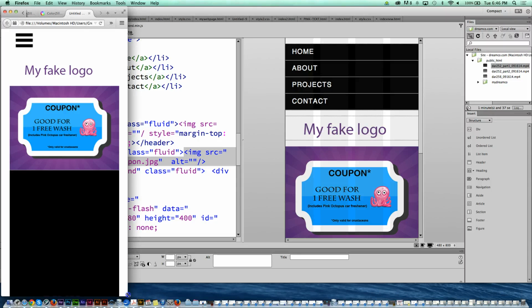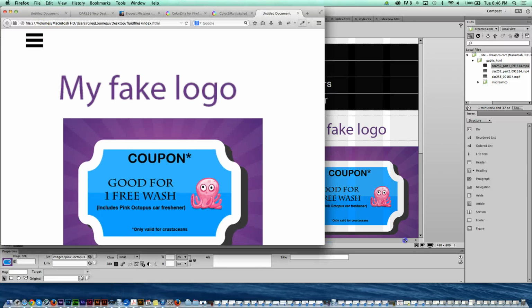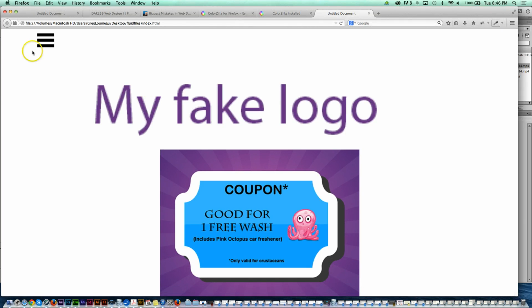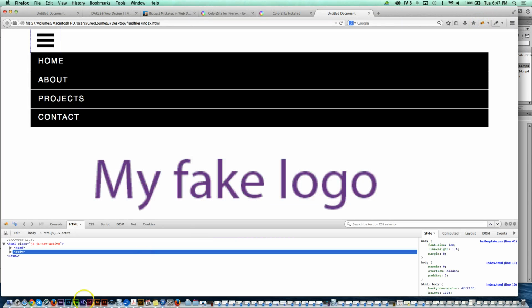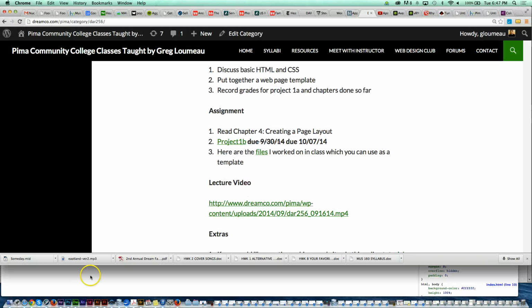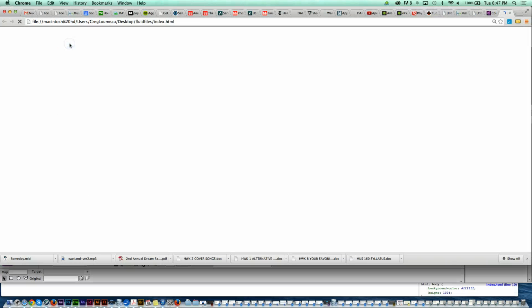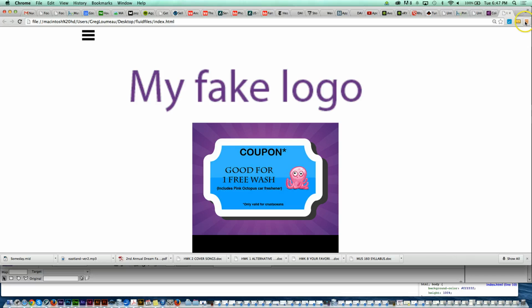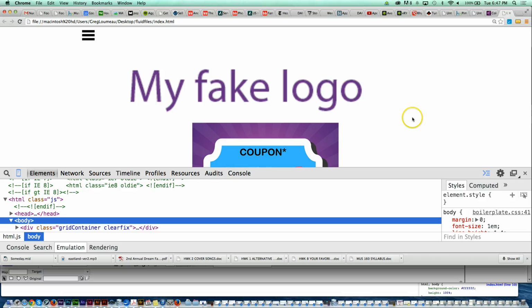Now, let's say that what we want to do is change the color of these menu items, right? So we click on that, the menu pops down, and we see that these are all black. I know they're purple on yours, but I changed them to black, right? What I can do is click on Firebug, which opens up. Actually, I'm sorry, I'm going to go into Chrome because Chrome is just way easier for you guys to see. For some reason, it will zoom in on Chrome, but not on Firebug. Okay. So you guys can see that, right?